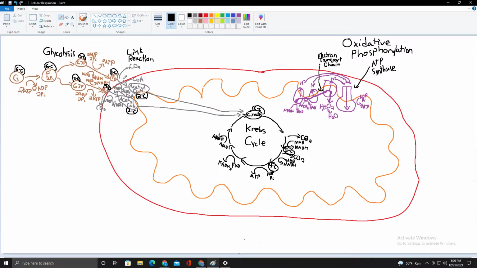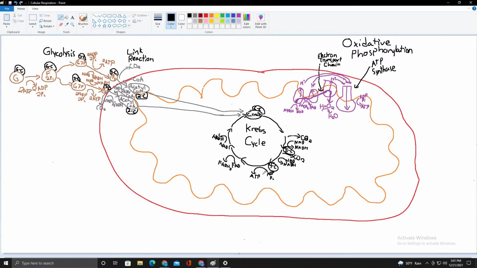of each of them. Then the pyruvate releases a carbon dioxide molecule and adds a coenzyme A molecule and changes an NAD into an NADH, creating acetyl coenzyme A, which then goes into the mitochondria, into the matrix, into citrate, which then releases a carbon dioxide molecule and transforms an NAD into an NADH molecule, creating a 5-carbon compound, which then releases another carbon dioxide molecule and converts another NAD into another NADH, creating a 4-carbon compound, which then converts an